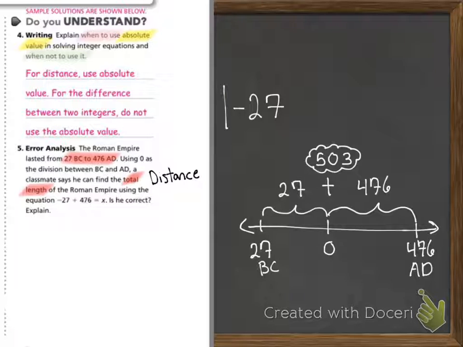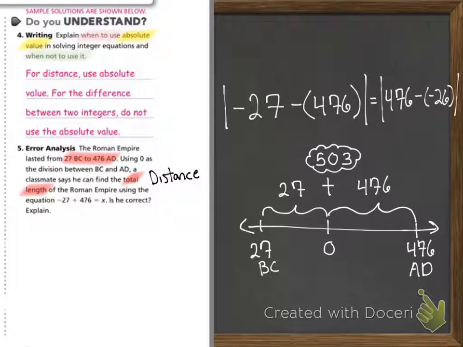So you have absolute value of negative 27 minus 476, which is the exact same thing as the absolute value of 476 minus negative 26. Right? Because you can rewrite it, you can flip-flop the order. Absolute value will take care of the negative issue. So let's do the 476 minus negative 26. Subtracting the negative is the same thing as adding the positive. So 476 plus 26 is 503, so we have the absolute value of 503. Absolute value of 503 is 503,